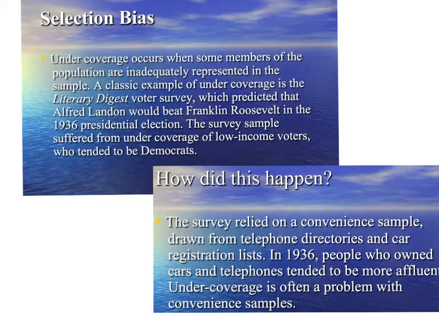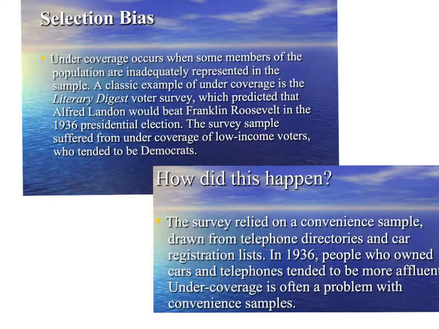A major type of selection bias is undercoverage. Undercoverage occurs when some members of the population are inadequately represented in the sample. Telephone surveys suffer from a well-known source of coverage bias because they cannot include households without telephones. Another type of survey that has this undercoverage is internet surveys, because they cannot include those people who do not